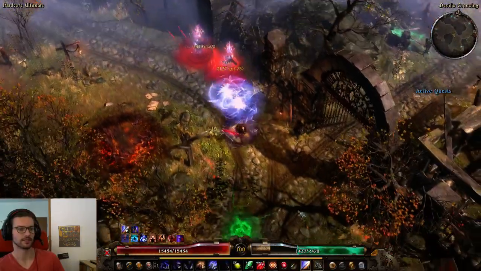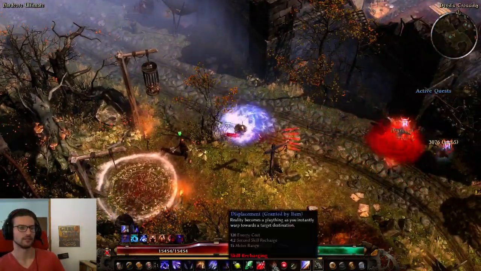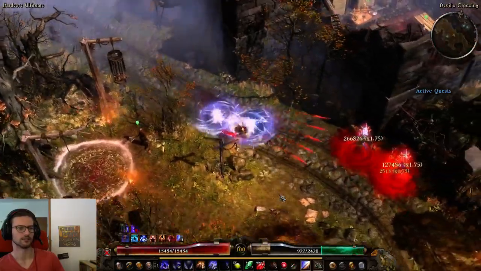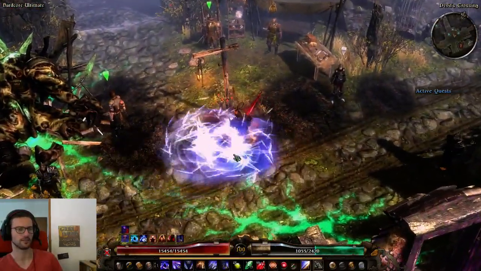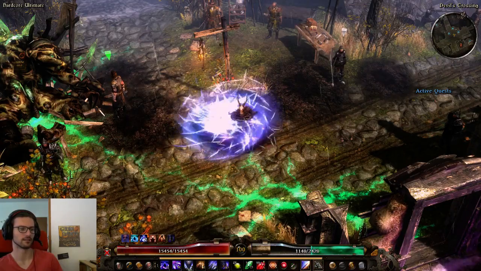But in this case you can use the Shadow Strike to engage and the displacement to disengage. So you can Shadow Strike and use all your skills and then disengage out. So also when it comes to my skill setup here, I have the Ring of Steel, Phantasmal Blades,